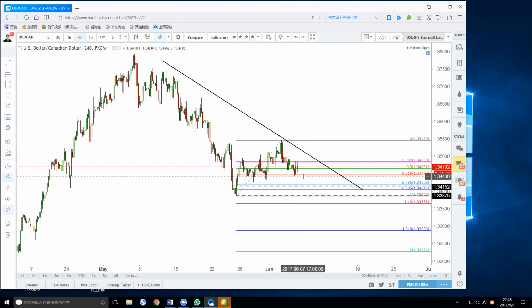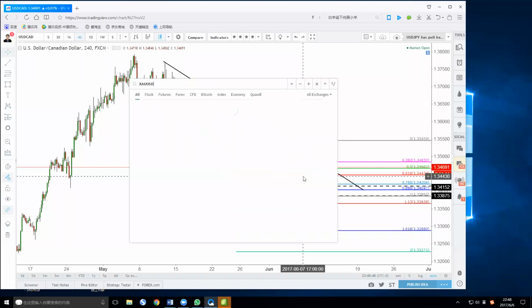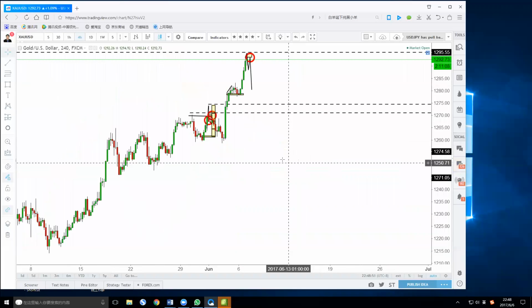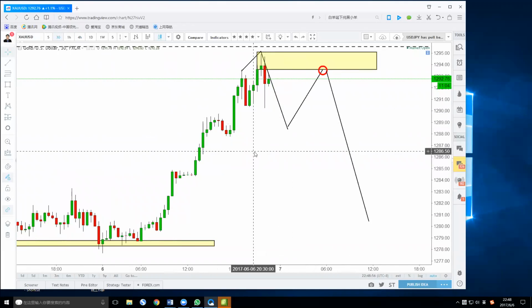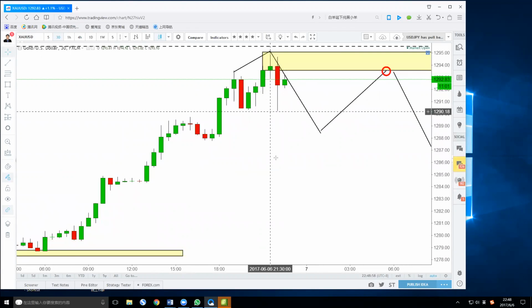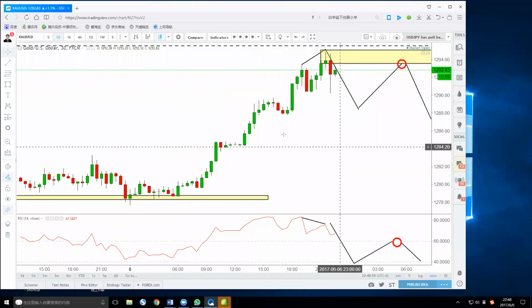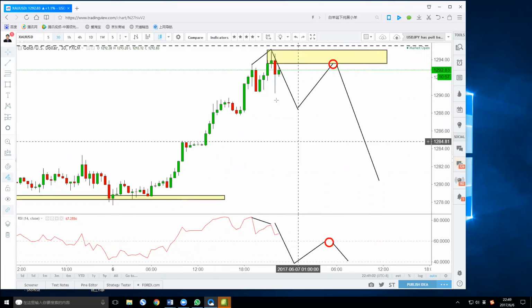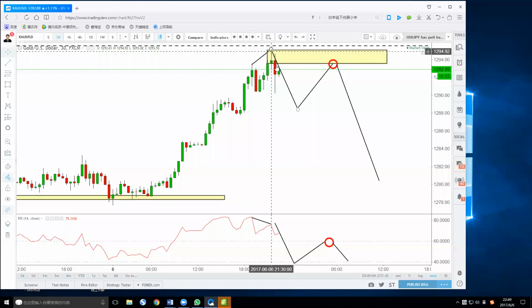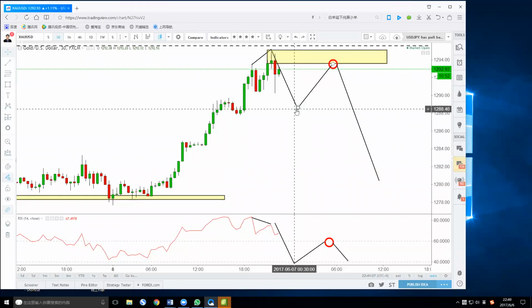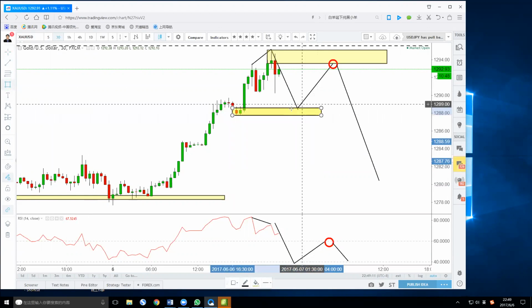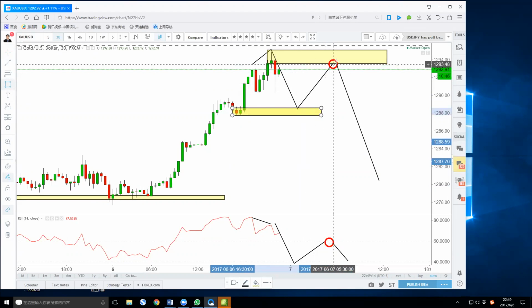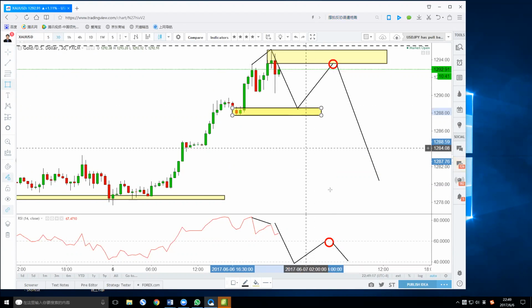Gold, okay. Let me just make a review of gold. Gold is actually showing a kind of bearish divergence from here, but not yet a bearish signal. So wait for the price to further come down to test 1288. At 1288, you may find a place to buy, and price may shoot up, and may go up to 1293 again and then pull back.